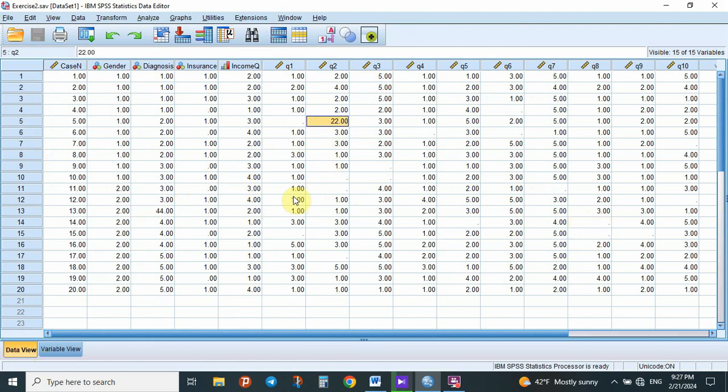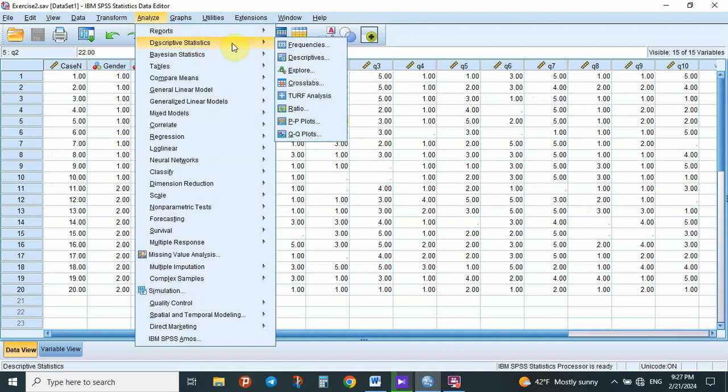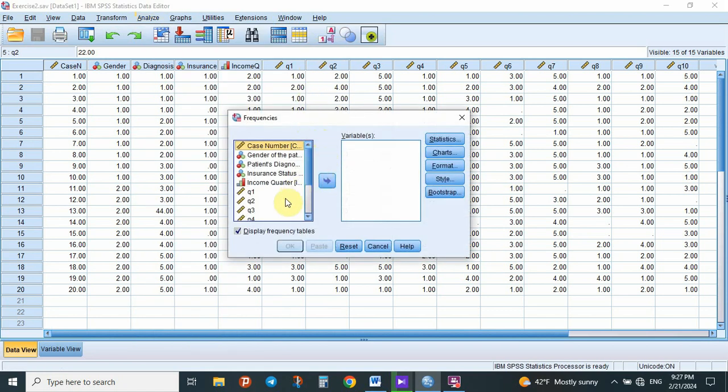Running the frequency command to find errors in data entry. Click the Analyze menu, point the cursor to Descriptive Statistics and then click Frequencies. The Frequencies dialog box opens. In the box with variables name simultaneously press Ctrl and the letter A to select all the variables in the box. Next hold Ctrl and click the case number variable in the left-hand box to exclude case number from the selected list of variables and then click the blue arrow to insert the entire selected list to the Variables box